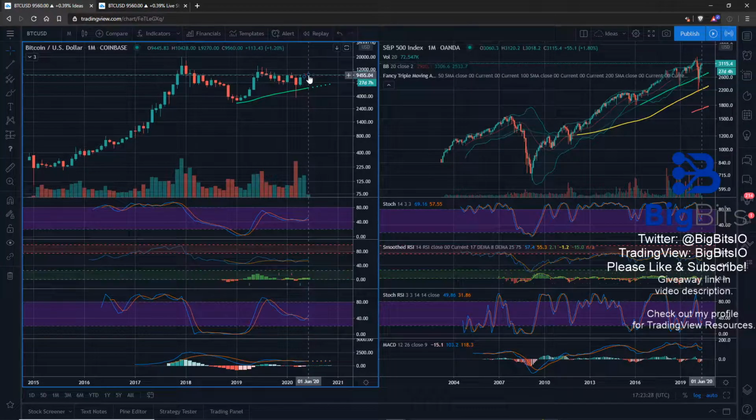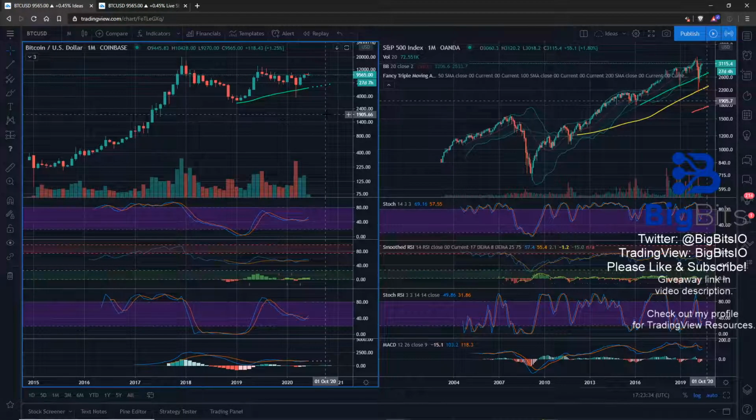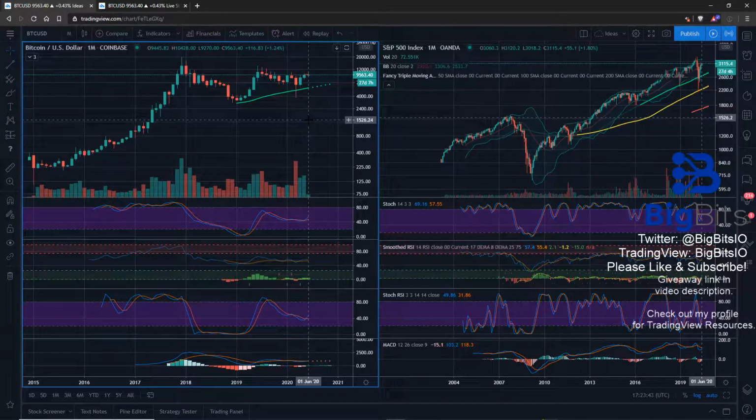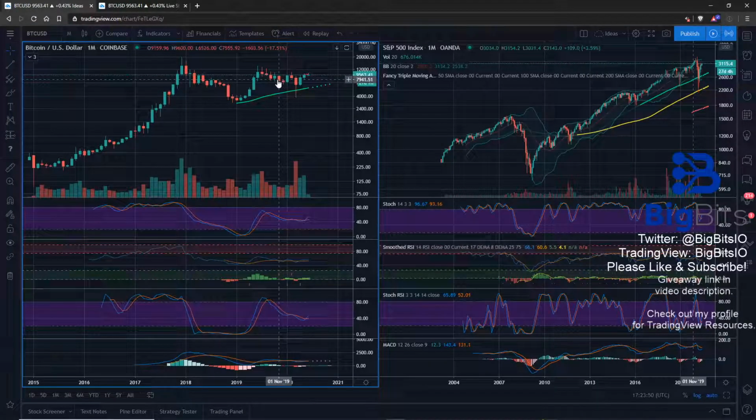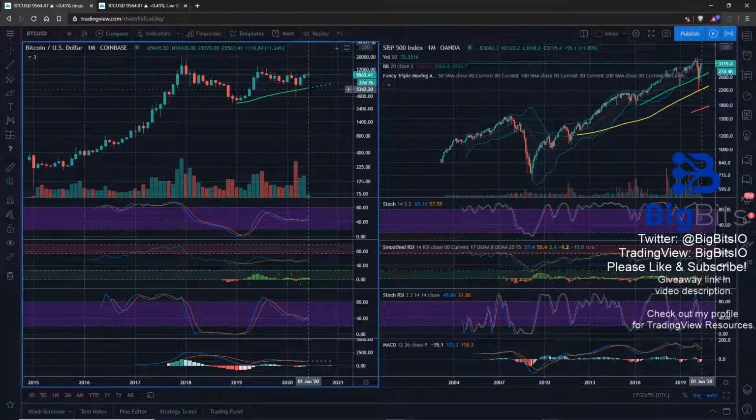Now, I have mentioned on Twitter and on Discord that in order for the monthly to look bad after the month of June, it's going to have to dump really hard in June because the momentum is up. In order to cancel out that upward momentum, it's really going to have to dump hard. It's going to have to look something like that. And, you know, it's going to have to come down quite a bit, even back towards that 200-week moving average, to be able to kind of negate some of that. And even then,